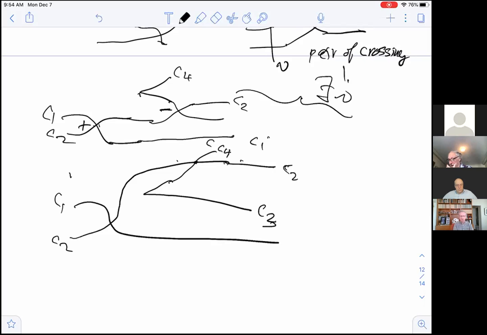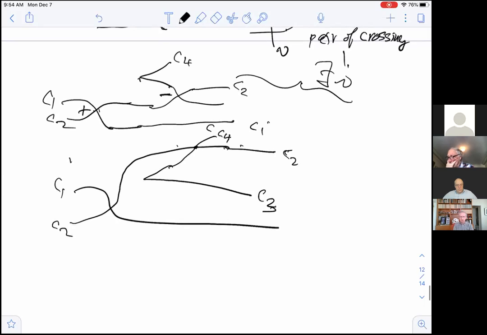Now, what we know is that the index of C2 is greater than the index of C3 because this is a move that decreases the inversions. And we have the same 2 cases we had before. If the index of C2 is bigger than C4, doing this beak move changes by